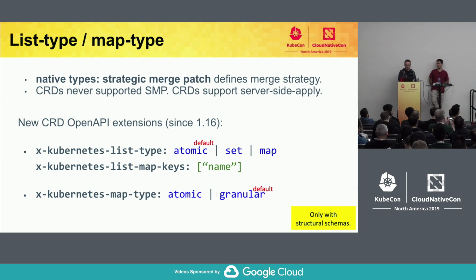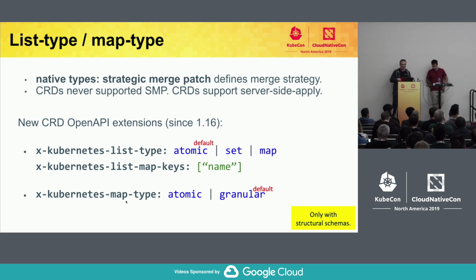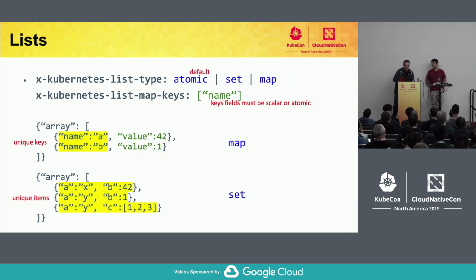And we also have a map type where you have a subset of the fields which are keys. So everybody knows containers and pods. They are a list. So the list type is map, and the name is an identifier for each element. And we also support that in 1.16 for CRs. And we have the same thing for maps. If you have a map, you also want atomic as an additional type for maps. Everybody who knows strategic merge patch, we had similar things already before for native types, where you could say how things are merged. So this is all about merging.